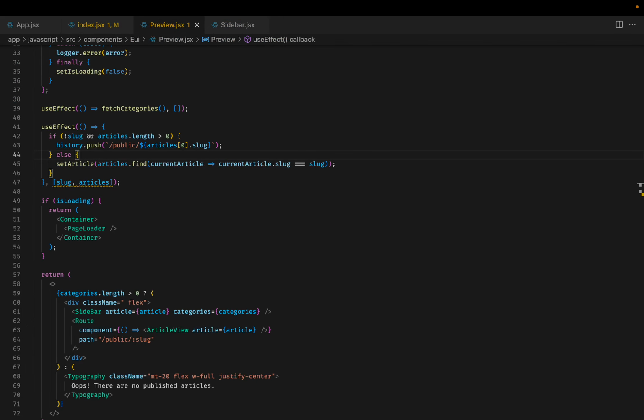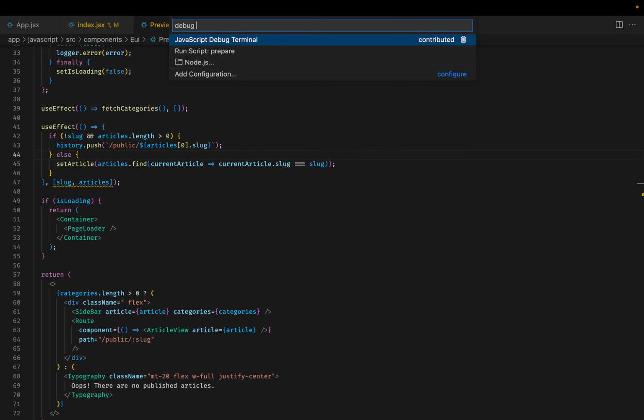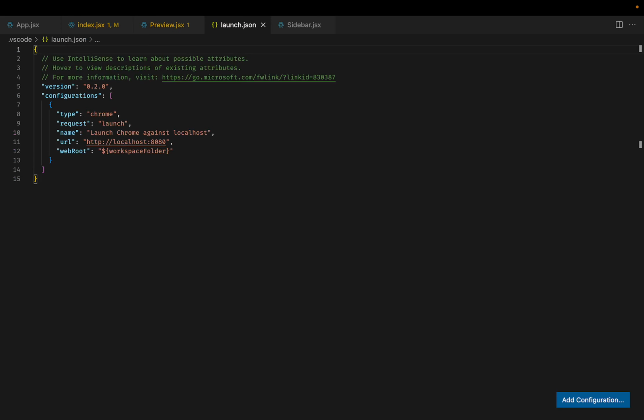So let us actually create a new one. I have actually deleted the launch configuration, and let's do it from scratch once again. You can select and start debugging, go to add configuration. Now from here we should choose the web app Chrome. So I am using Google Chrome. Thus I'll be showing you how to debug this using the web app Chrome debugger. So let's select that, and a